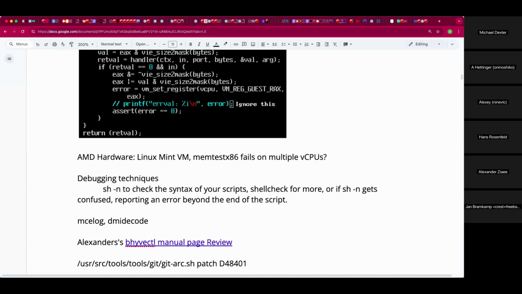Now, given that we're going through some debugging, I'd love to document some of this. We all have our own techniques. MCE log, I confess I hadn't used that. What is it telling us, Jan? It's supposed to decode the machine check exception logging. So basically hardware errors reported by the CPU or chipset. For example, I encountered a correctable ECC error here, or some kind of errors which will not immediately crash the system, but may hint at real-world problems with this.